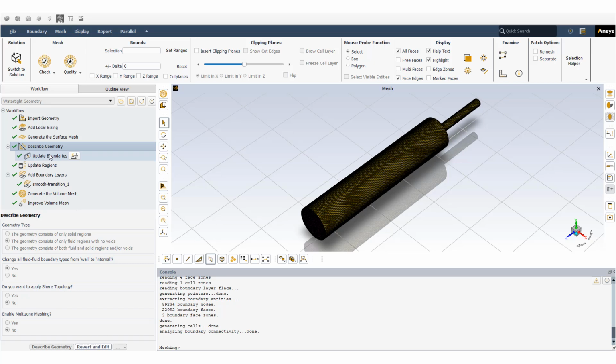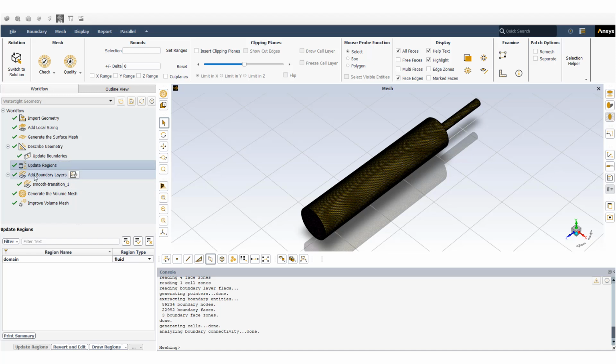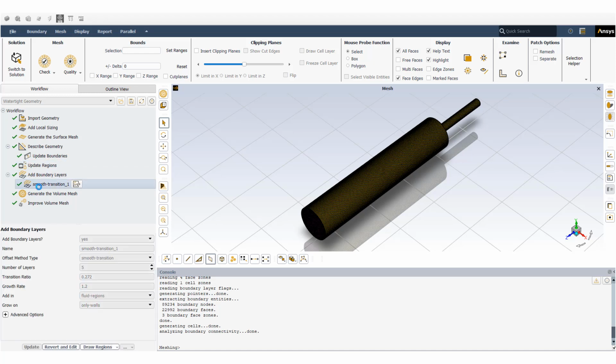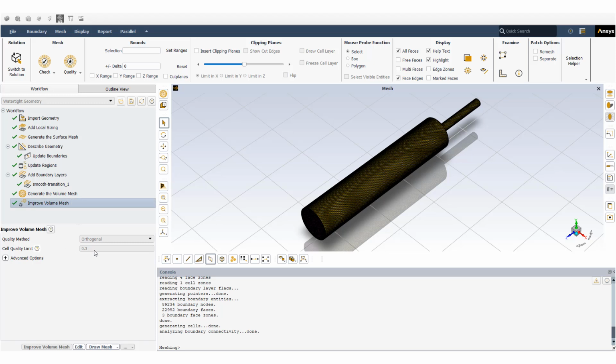The other steps are the same as before. You can see I have inlet for mass flow rate and outlet for pressure, and walls. This is inlet, outlet and walls. For the region, I just have fluid. I consider 5 layers for the boundary layer, and I created the volume meshing with a minimum orthogonality of 0.02, and I improved it to 0.3. If you want to check the mesh,